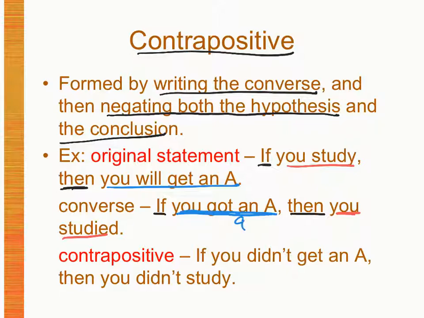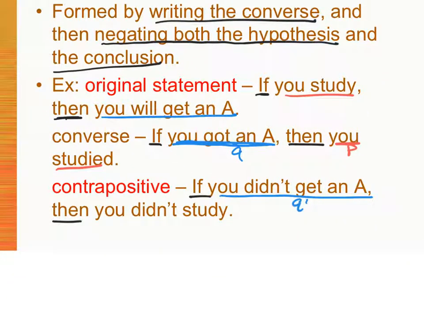The conclusion that is here and the hypothesis here. So we're just going to say the opposite. So we've got if, then. We're going to say the opposite of you got an A, which becomes you didn't get an A. That is not Q. Then you didn't study. Now notice that's not necessarily true too, because I bet you have studied your butt off for a quiz or test. Maybe it was even for this class and you didn't get an A on it. So that's not necessarily a true statement.